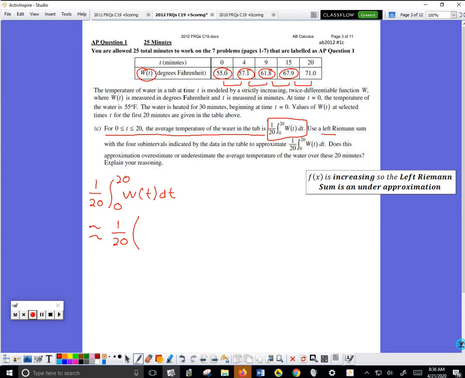So I have 55 times the dt for the subinterval is 4, plus next subinterval 57.1 times the dt for that subinterval, which is 5, this subinterval here,